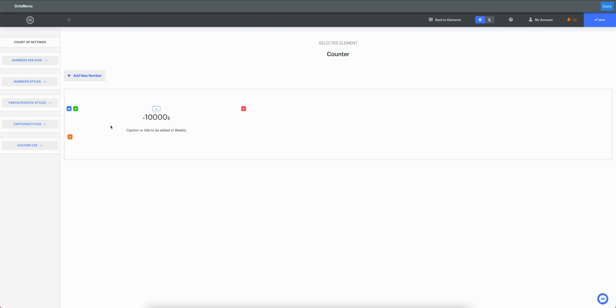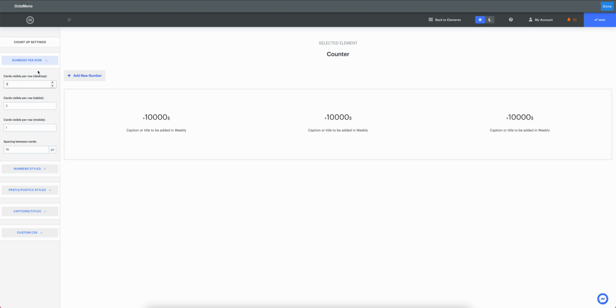Like this, all those styles are inherited, unless obviously you want to have different styles for each of them. And even if you do copy the styles, you can still modify afterwards individually each element. So let's have a look, for example, at the global settings here on the left, where you can have something that says numbers per row. This would obviously be